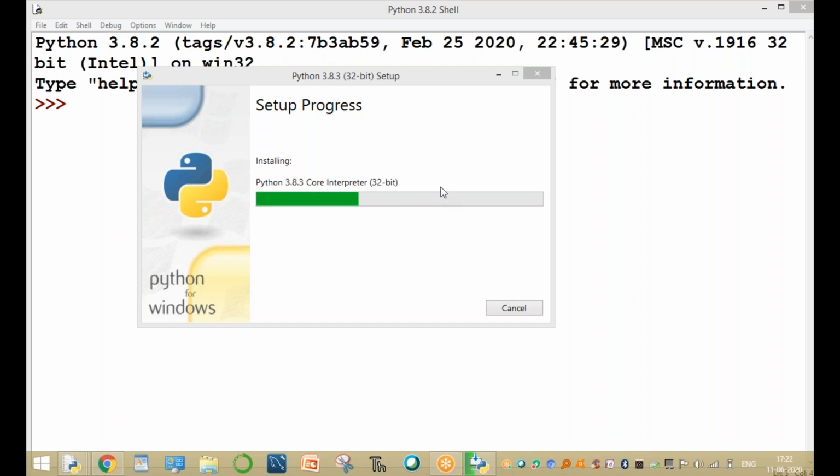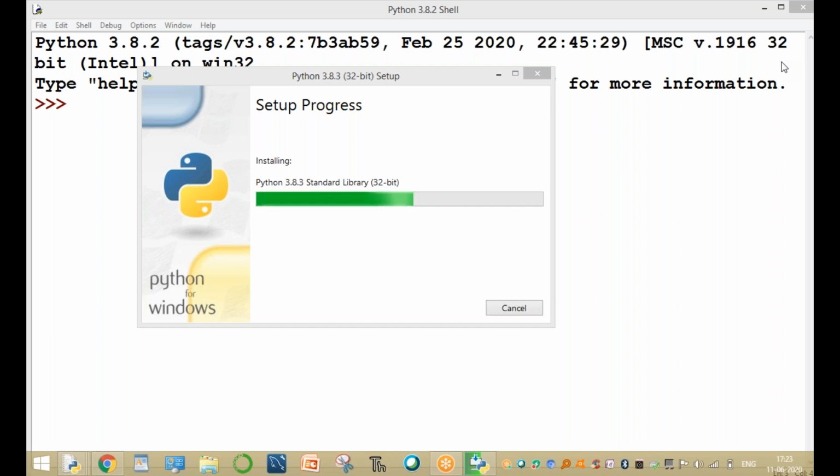Please wait a few minutes, and then after installation, check whether Python is available or not. Once the Python software is installed and setup is completed, go to the Django installation. Before going to Django installation, set up the Django environment, and after that install the Django software. This is very easy.